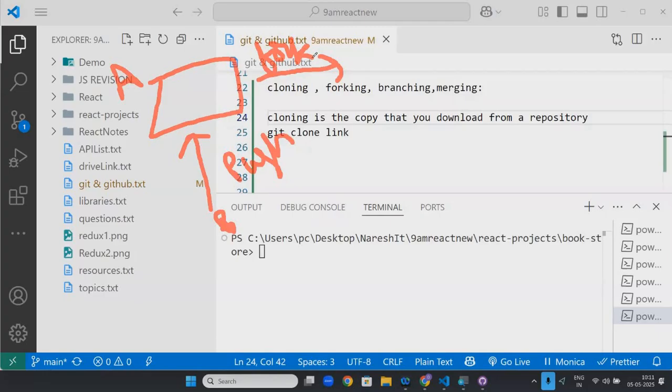If tomorrow that React projects guy changes something in their project, do I get that? No, because I downloaded today. Tomorrow, if they changed it, how will I get it? Because my download is done. You went to one website, you downloaded something. After you downloaded, those people updated something. Will you get that update? No, because you downloaded it before. Download is only one way. But fork is like two-way.